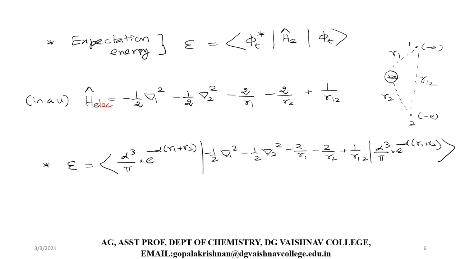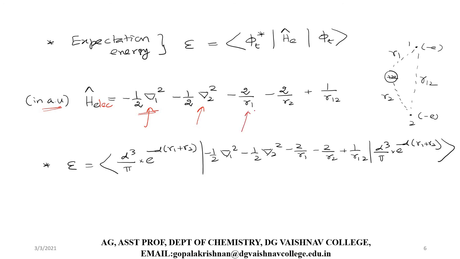So the electronic Hamiltonian operator for the helium atom can be given as follows. Listen, I am not writing the total Hamiltonian, only the electronic Hamiltonian. So while writing the electronic Hamiltonian, you can assume the nuclear kinetic energy as 0. Therefore, what are the remaining terms we have? This is the kinetic energy of electron 1, minus 1 by 2 del 1 square. I am writing the Hamiltonian directly in atomic units. For electron 2, you will get minus 1 by 2 del 2 square.